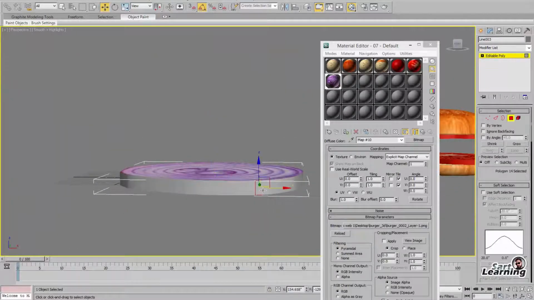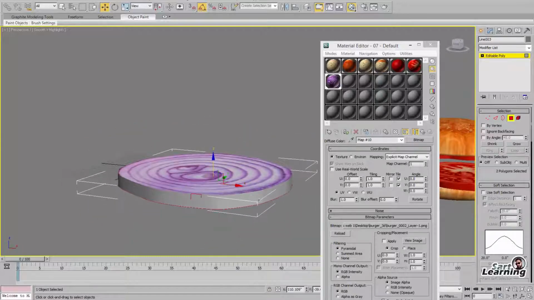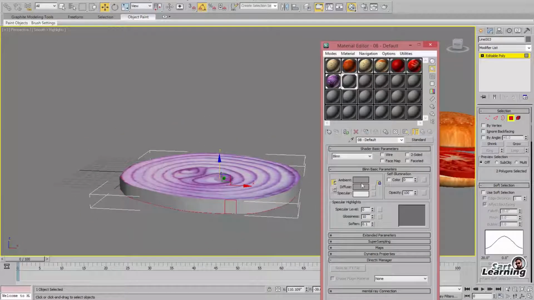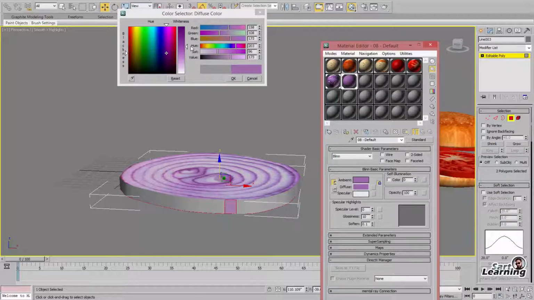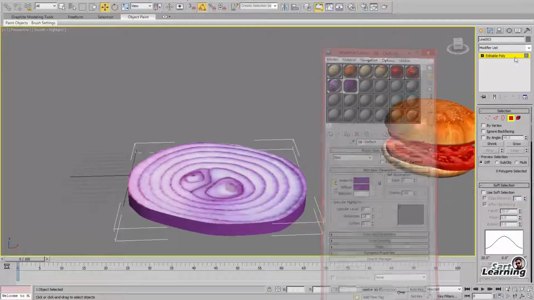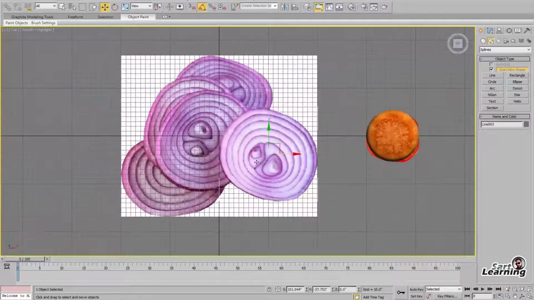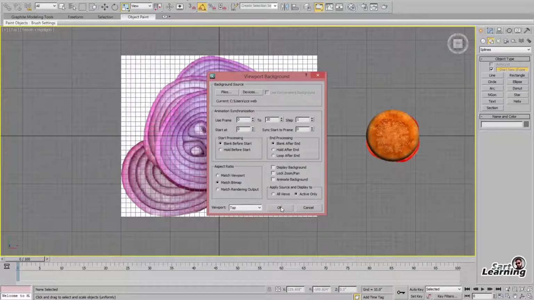Now for the outer edges you can select and apply a simple purple color. You can pick from the onion also. So the rest of the polygons you can apply. Now onion is ready. You can duplicate and place randomly.